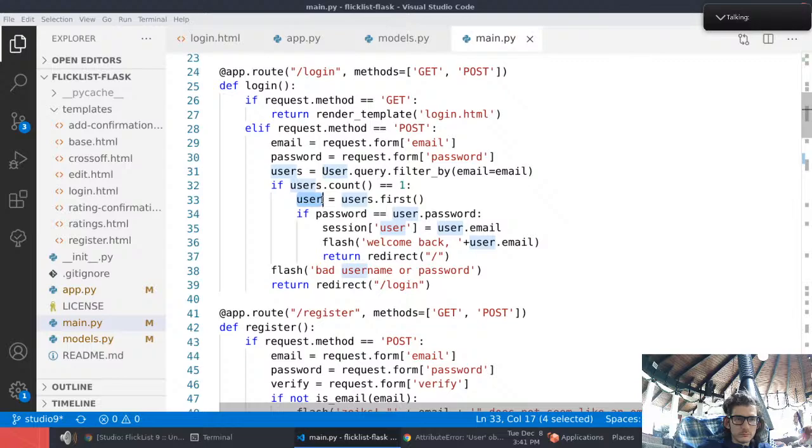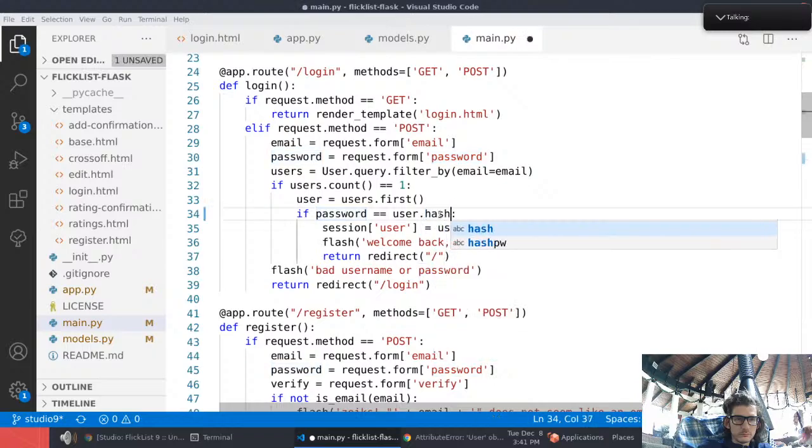So this has user.id, this has user.email, and this has user.hash. So what we need to do is check if user.hash is equal to the result of,